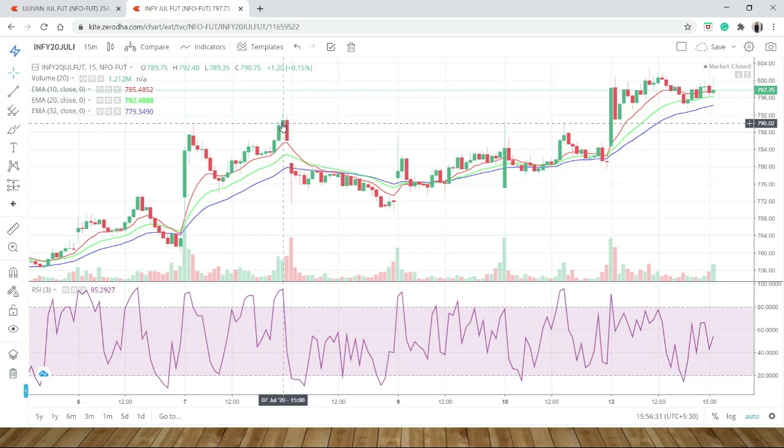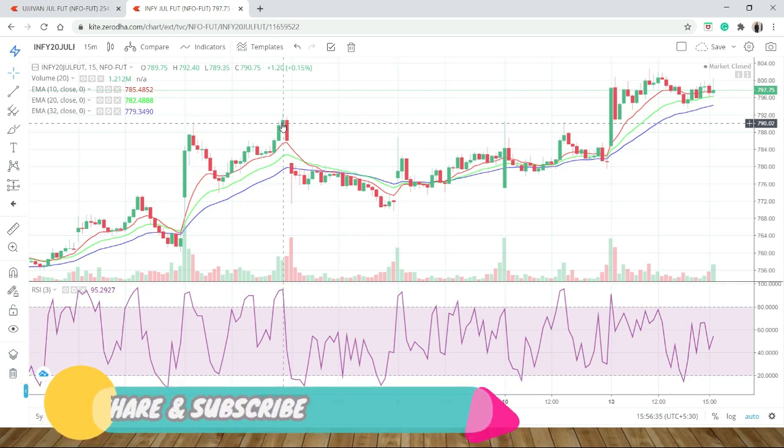This kind of thing happens in a 15-minute time frame, but you have very few trades daily, around 1 or 2 trades. In an index, I suggest you go with the 5-minute time frame; if it is a choppy or zigzag market, then avoid it. Otherwise you will have one trade in an index, and from the 15 different stocks you might have 1 or 2 trades. So this is all about my stock and index future setup.